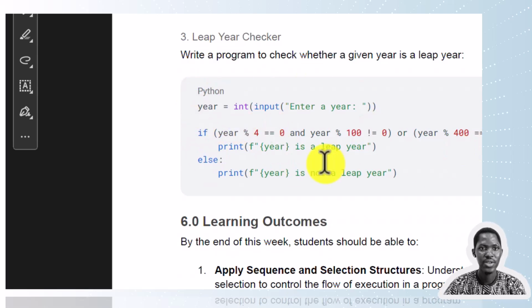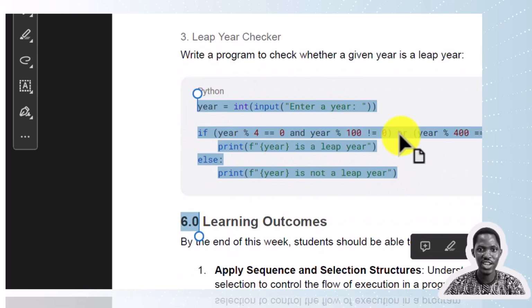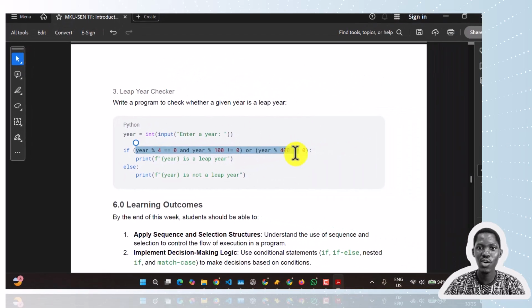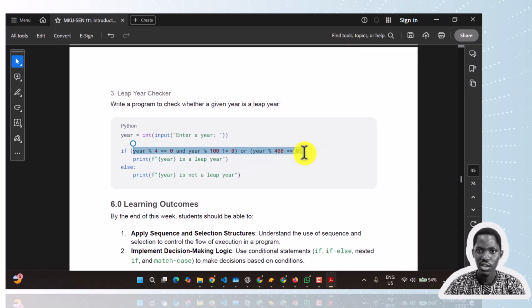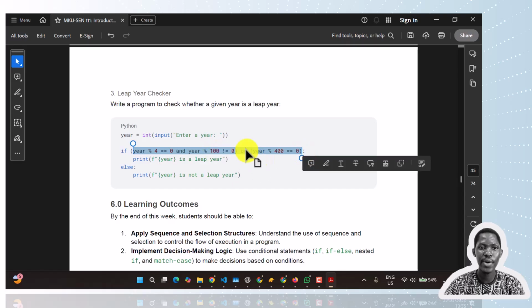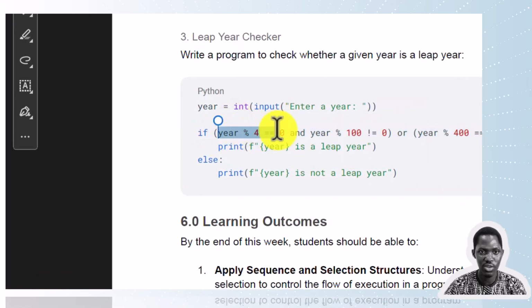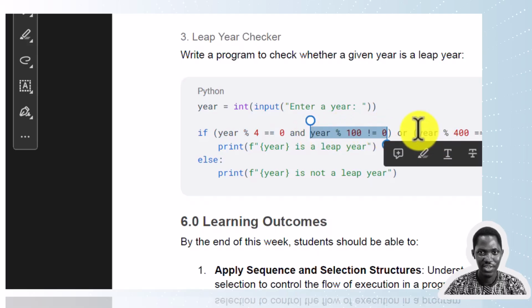So you can look at it. You can see that for this leap year checker, our if statement is a compound comparison condition. So you are checking more than one condition. This is one condition. This is another condition. And this is another condition. You can see how